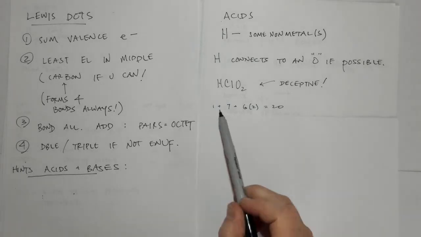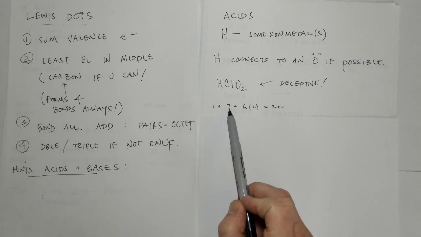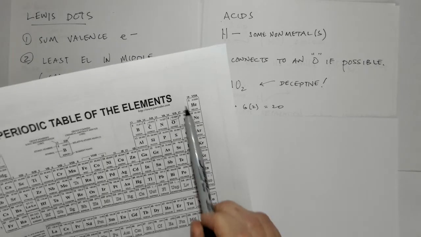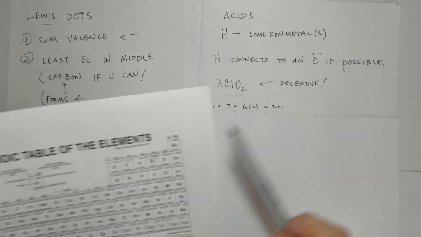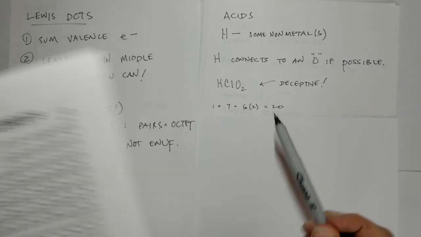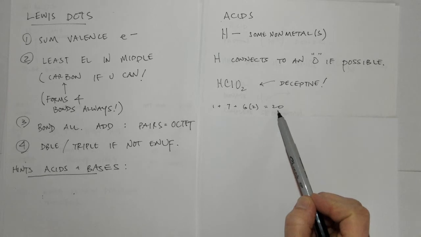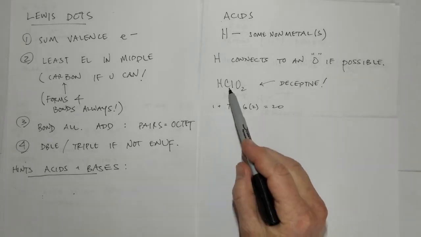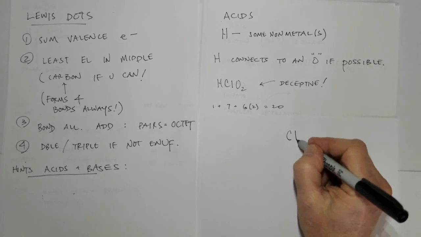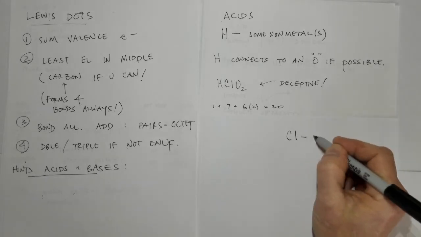Add up the valence electrons, 1 for hydrogen, 7 for chlorine. Remember, chlorine right here is in the 17th column. Oxygen is 6, because it's in the 6th column, or the 16th. Multiply that by 2, and there's a total of 20 electrons. Put the least electronegative atom in the middle, which in this case would be chlorine, and then bond the other